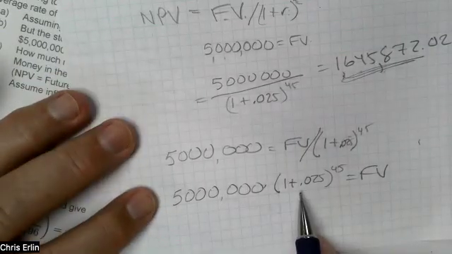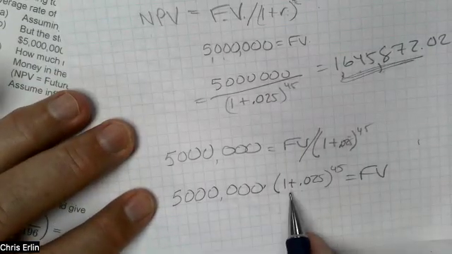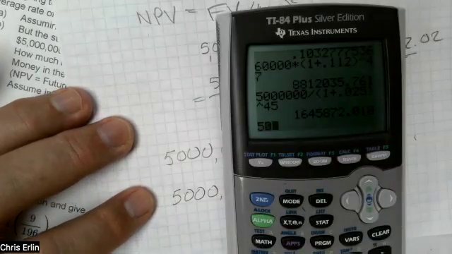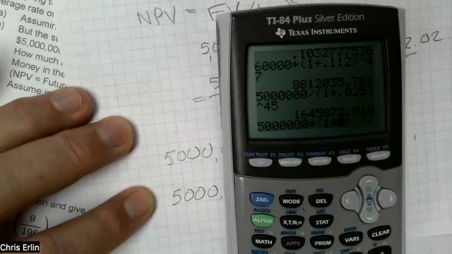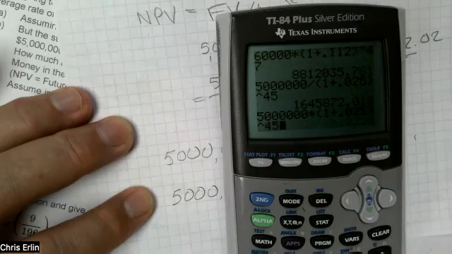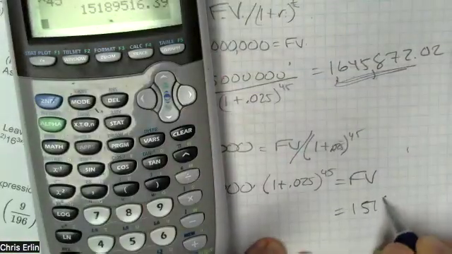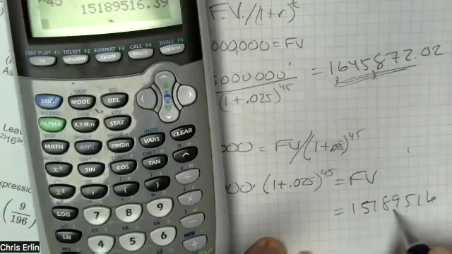Oh, well, that just looks like our regular investment equation, doesn't it? A equals P times 1 plus r to the t. So if we do 5 million times parentheses 1 plus 0.025 to the 45,